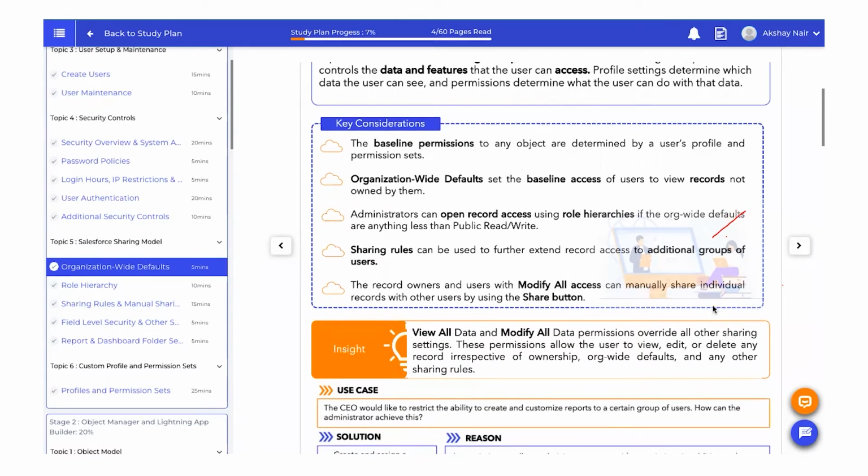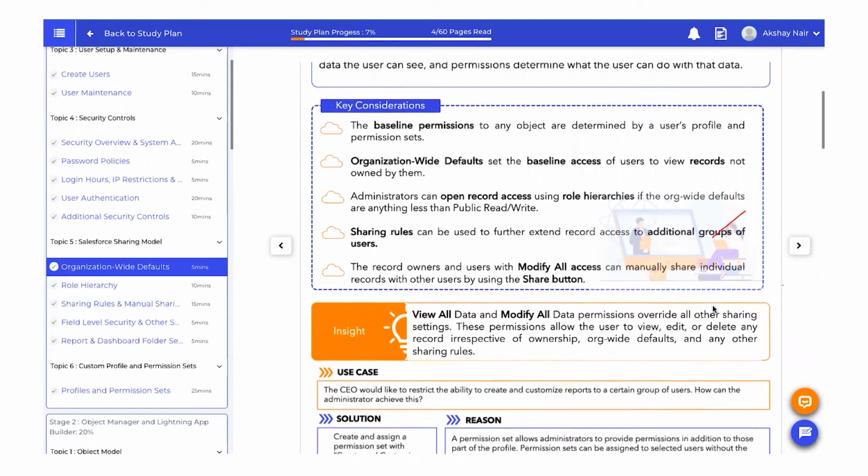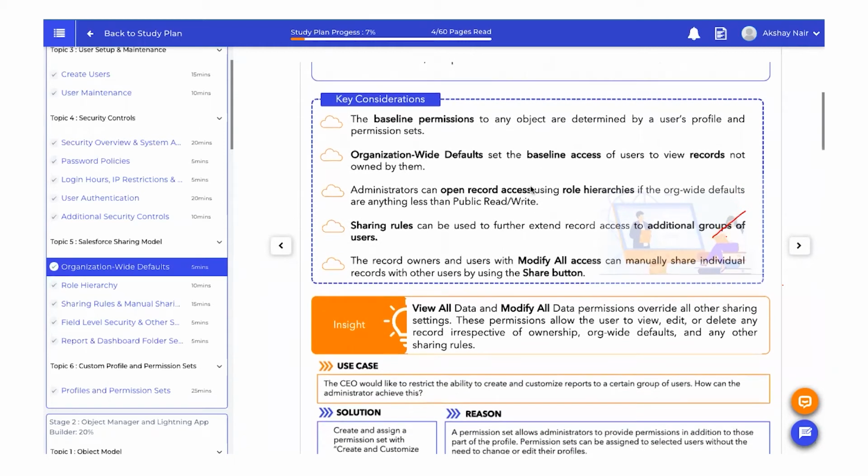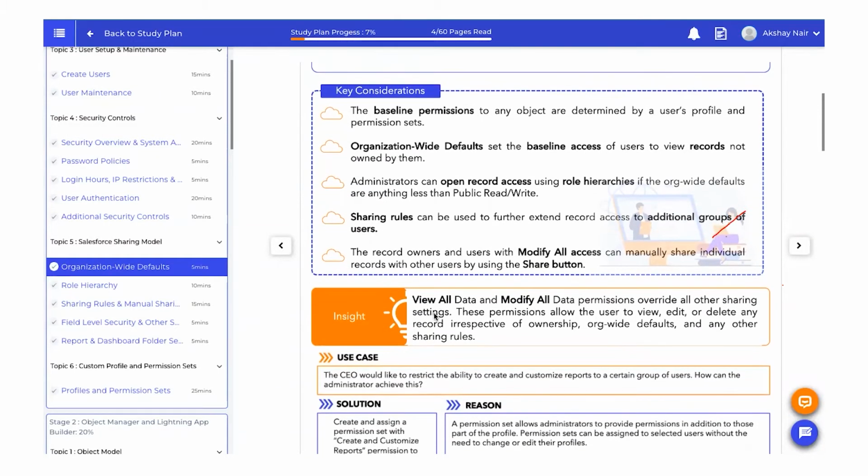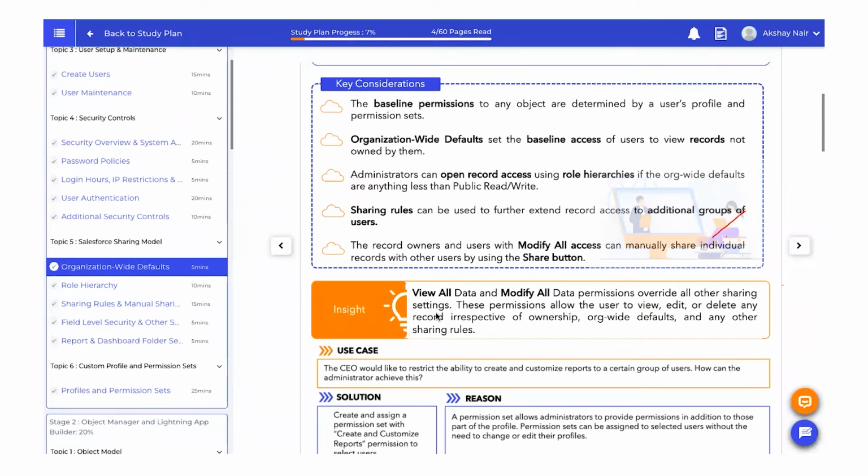Sharing rules can be used to further extend record access to additional groups of users. We can do that by determining certain criteria in sharing rules. We'll cover that more later. The record owners and users with modify access can manually share individual records with other users by using the share button. So there is a share button on the page layouts. You can always go there and